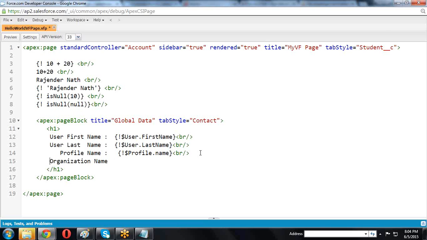Organization name. The organization name is dollar symbol, you can use it. Organization dot name. It returns the organization name.